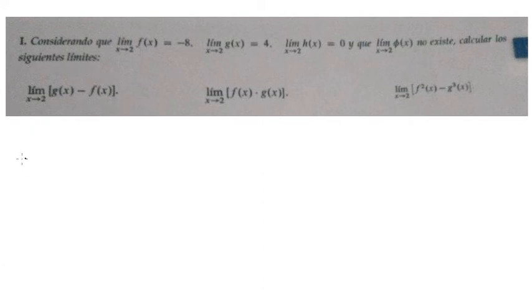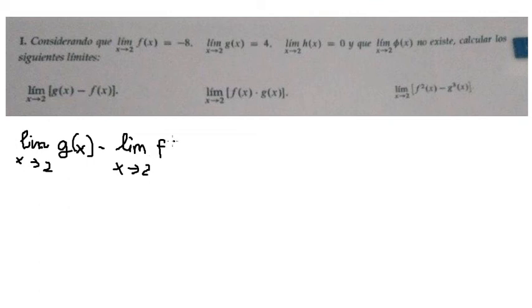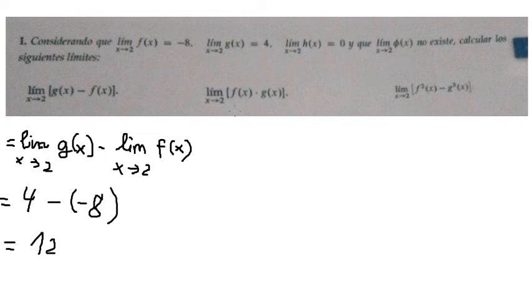About this limit, we can write it like this. So about this one, we got this one in here. You got number 4, so we put number 4 in here. About this one, that's about negative 8, so we put negative number 8 on here. And we have 12. The next one,